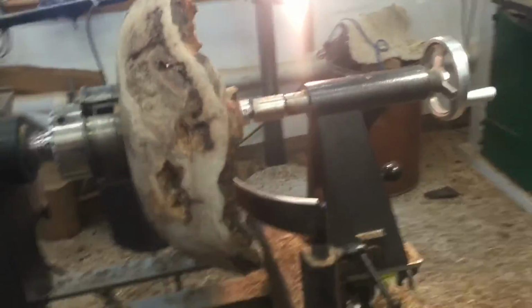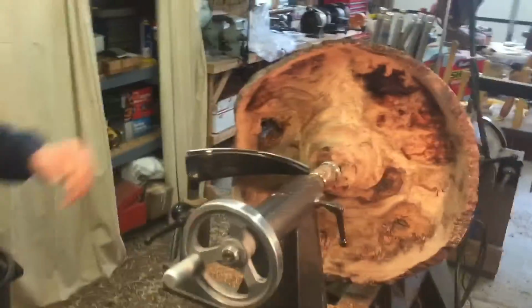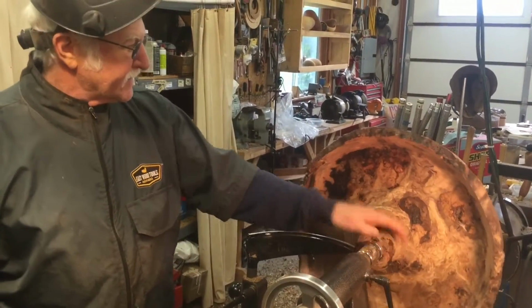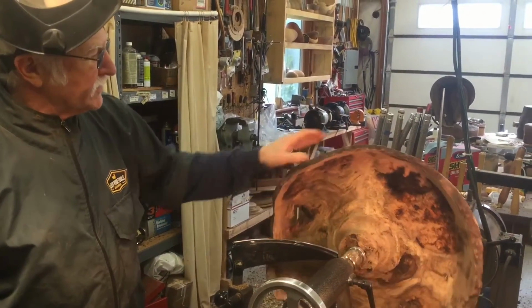and now what I'm doing is hollowing out the inside. This is such a big bowl, you have to have the tailstock on to hold it so it doesn't come off. And then what I've done here is I made it a little bit thicker than I usually do, the